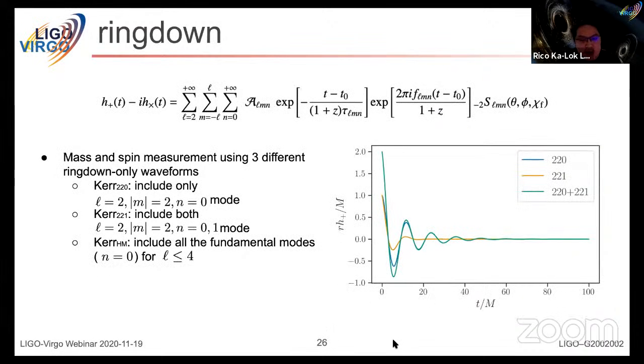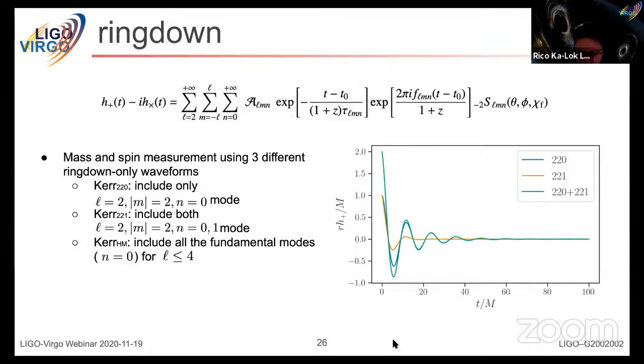So first, let's talk about measuring the remnant mass and spin. Here we are using three different ringdown-only waveforms. The first one is called Kerr 220, which includes only what we call the 220 mode, the least damped mode. The second waveform is called Kerr 221, which includes both the 220 mode and the 221 mode, that is, the fundamental mode and the first overtone. And the third waveform that we use here is called Kerr HM, which includes all the fundamental modes up to